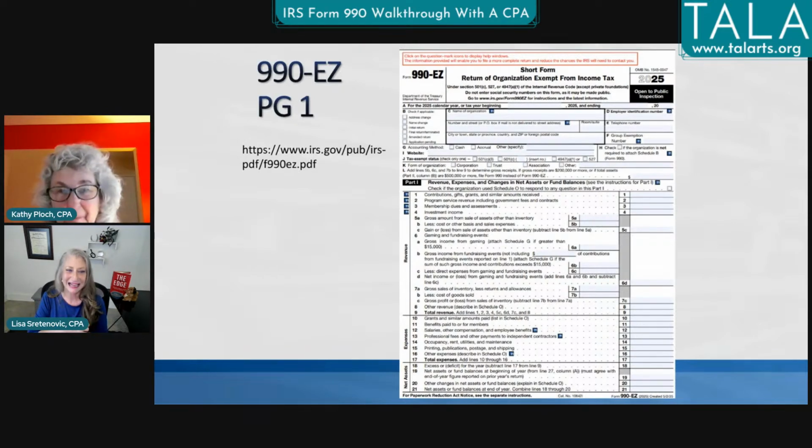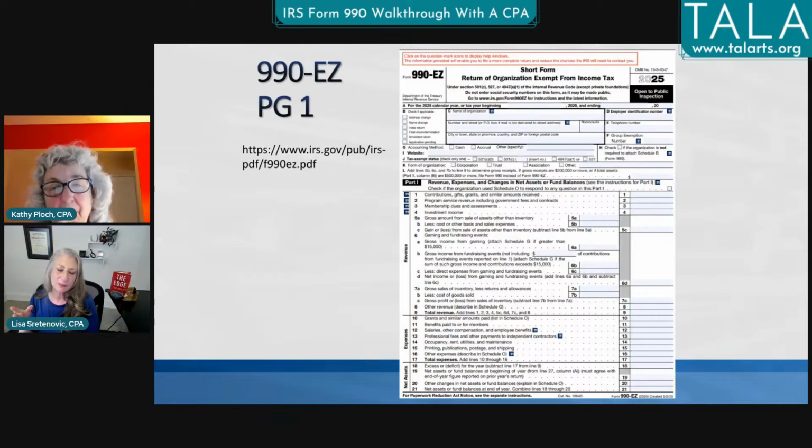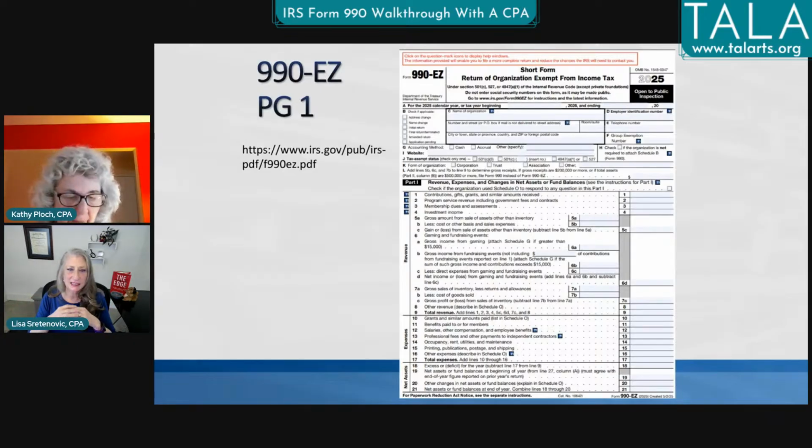While we're talking about fundraising, there is a lot of confusion around that word. Some organizations, anytime they solicit donations, think that's fundraising. What do we really mean by what goes on line 6 versus what goes on line 1?